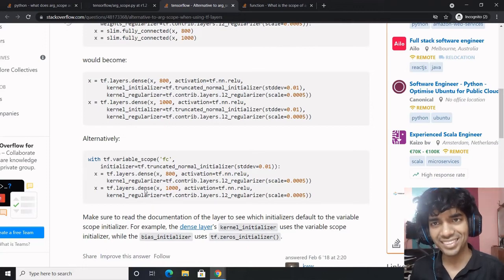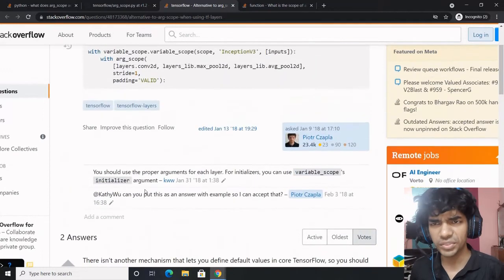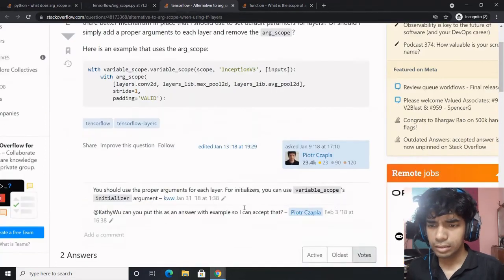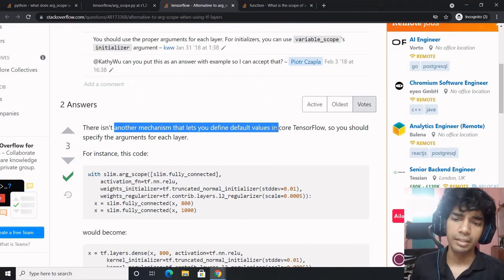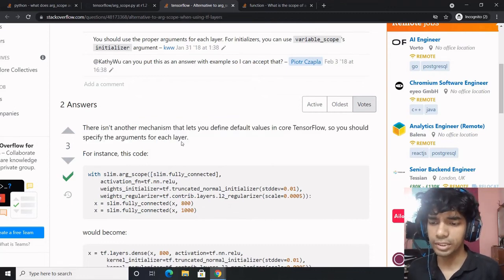And here, what does this talk about? This says I'm rewriting this. Yeah, so there isn't any other mechanism that lets you define default values in core TensorFlow, so you should specify the arguments for each layer.